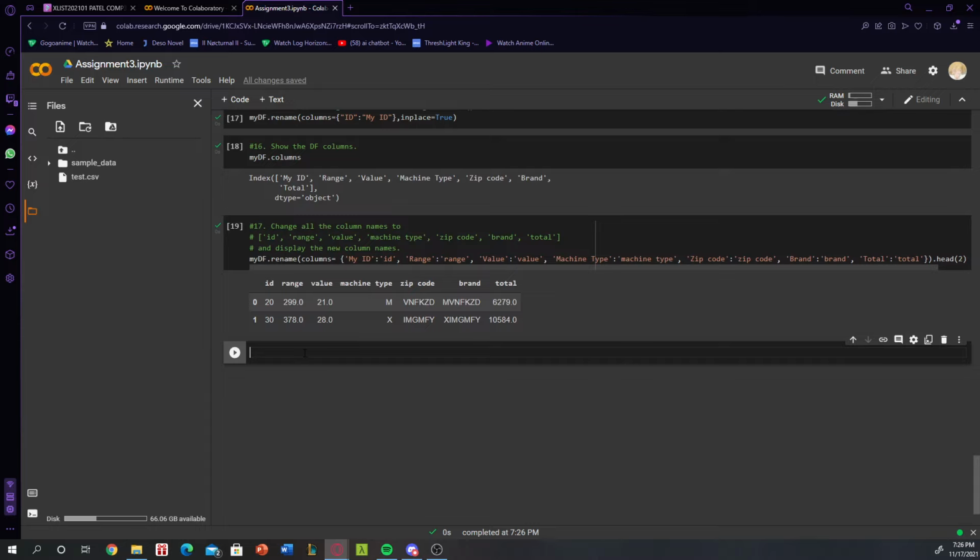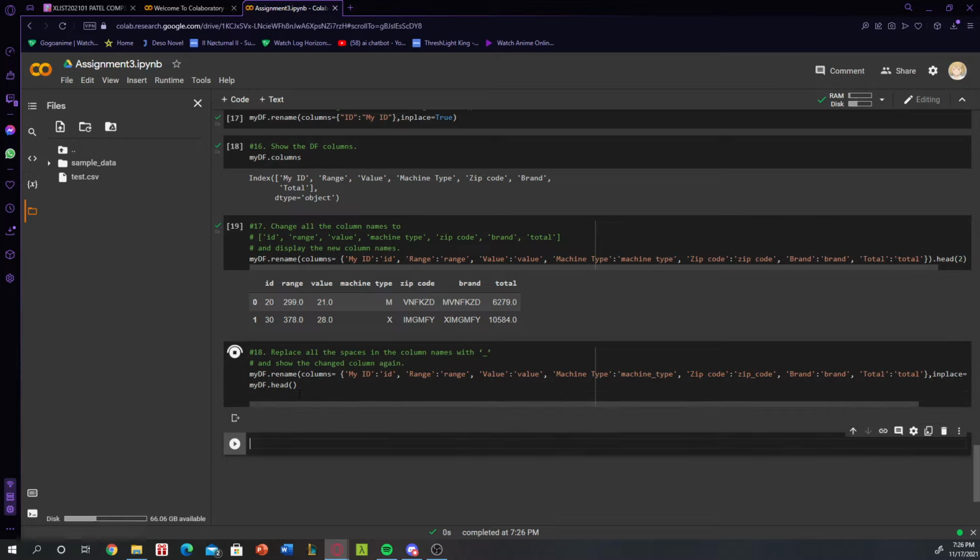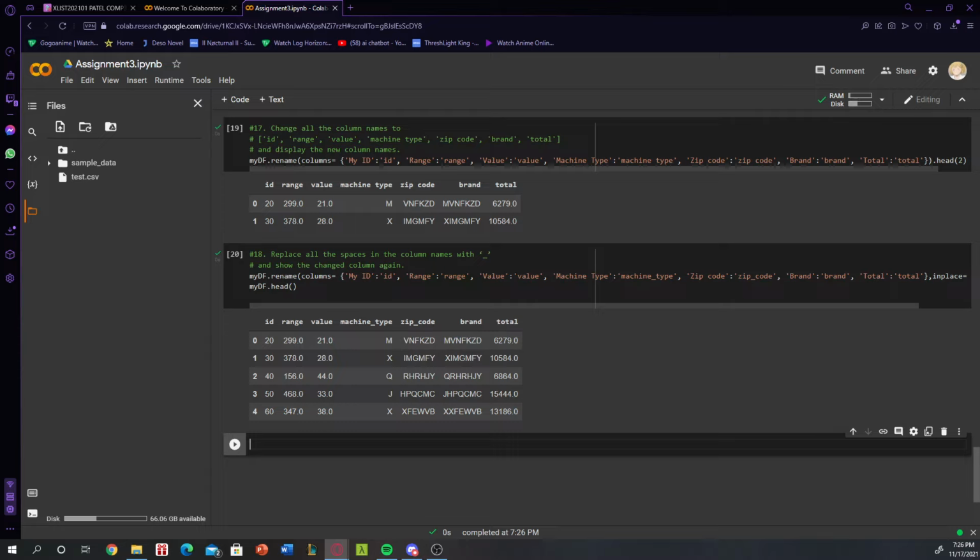Number 18 is replace all the spaces in the column names with an underscore and show the changed columns again. So that will be the result. Number 19 is we delete the brand and total columns permanently,